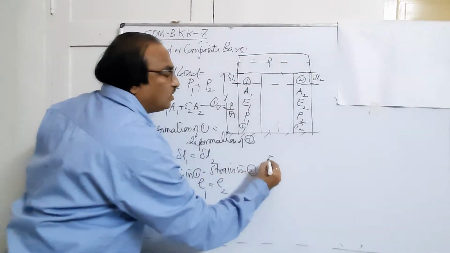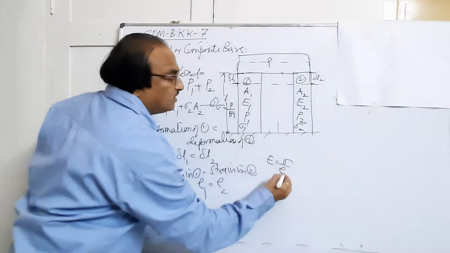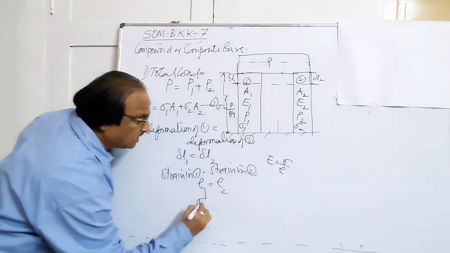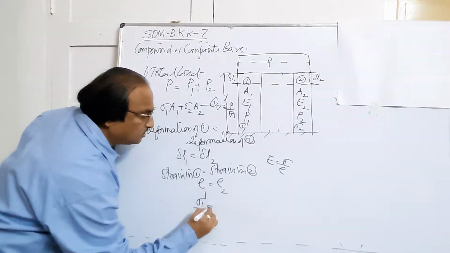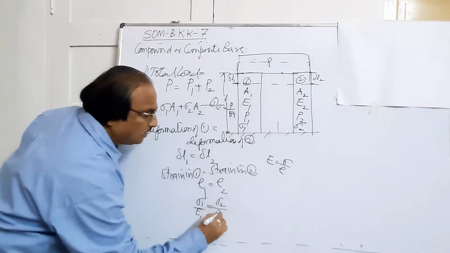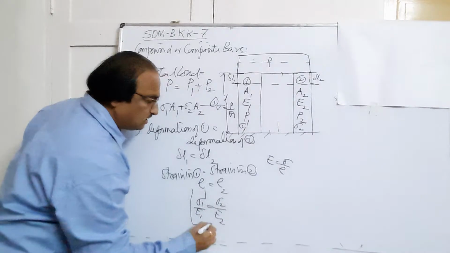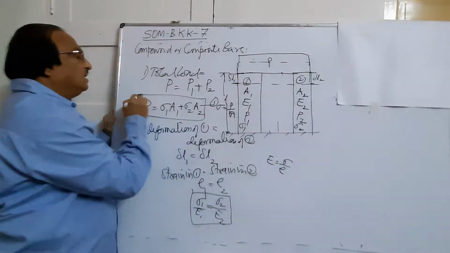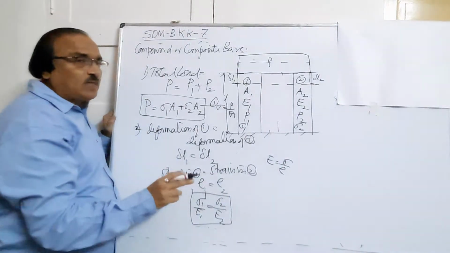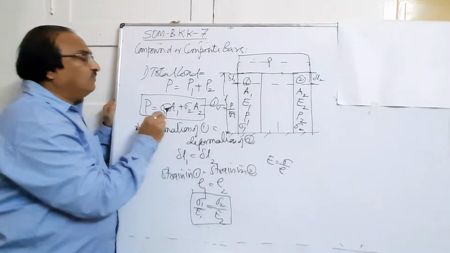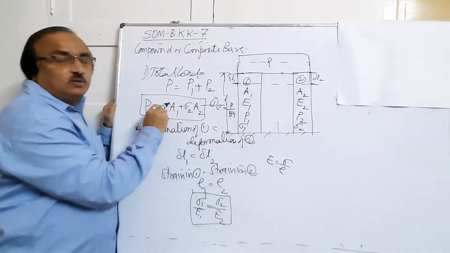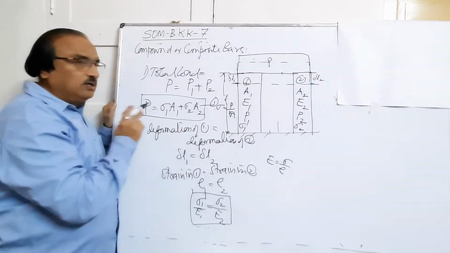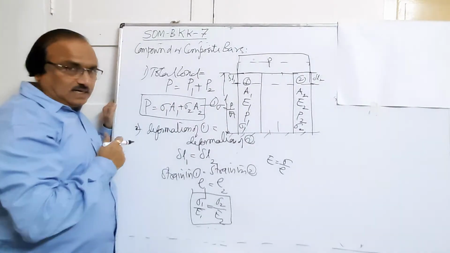We know Young's modulus is equal to stress by strain. So strain will be equal to stress by Young's modulus. So this will be sigma 1 by E1 is equal to sigma 2 by E2. So this is the second condition what we will be using to solve the problem. This is first condition and this second condition. How many unknowns are? 2. One is sigma 1 and another is sigma 2. You need two conditions to solve them. So you get these conditions, you will be getting the stresses acting in the compound bar.